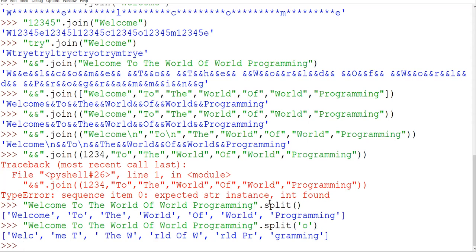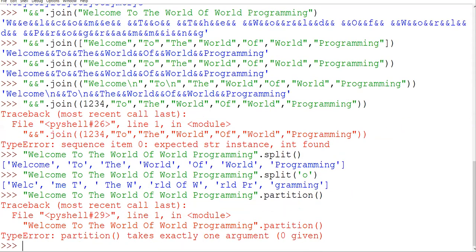Again I am using the same string, this one. Now instead of split, I am using partition. First we will not write anything, then we will check what it is doing. If I'm not passing anything, it is not allowed, because by default split was taking space as a separator, but here there is no breaking point, meaning it is compulsory that you give one value. See, it says it takes exactly one argument, meaning one argument is required and we are giving 0 values, which is not allowed. So you need to give something.